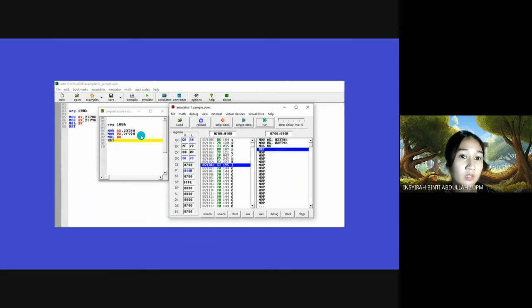For this word, 2378 hex, I store it in AX, and also 2F79 hex in BX. Notice that I am storing in AX and BX, which are registers. You can also use memory for this, but I didn't store it in AL, BL because it won't fit there. And this third instruction, mul BX, the result of multiplying AX and BX will have